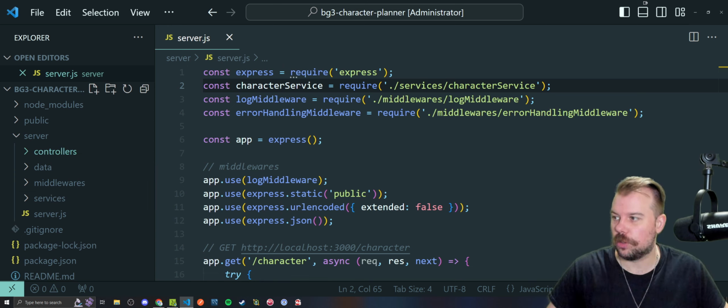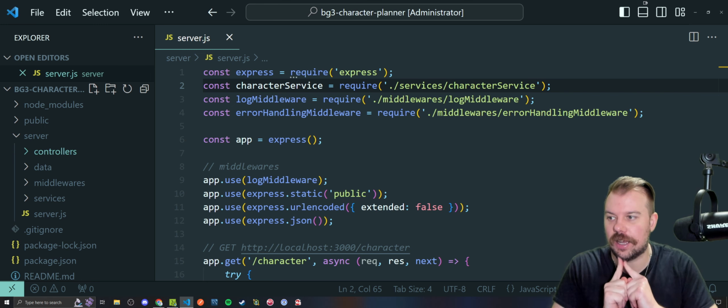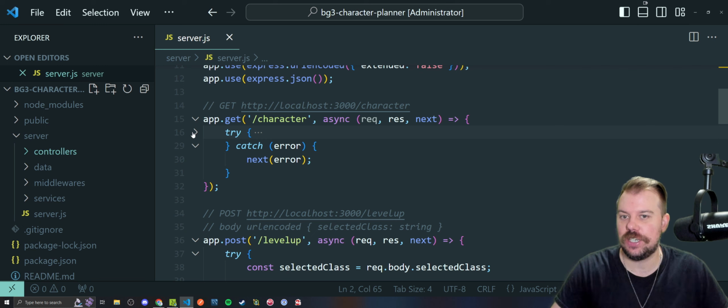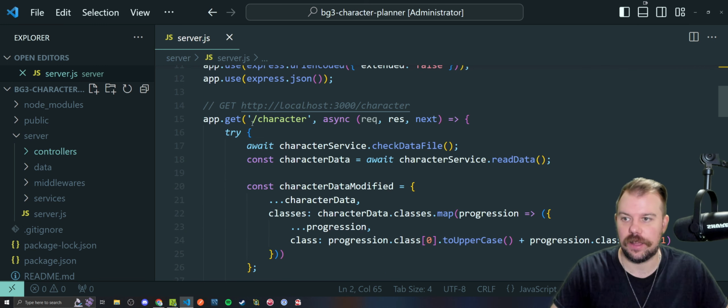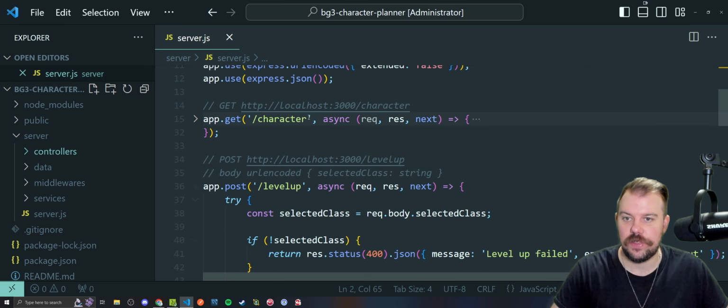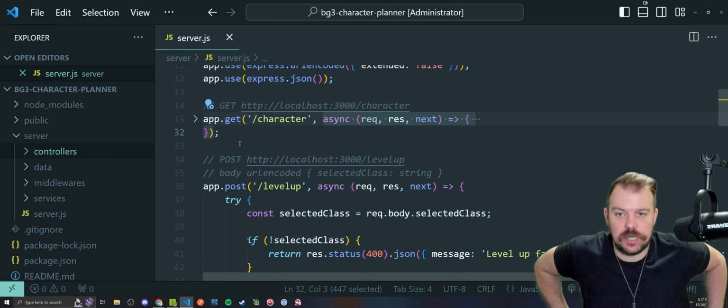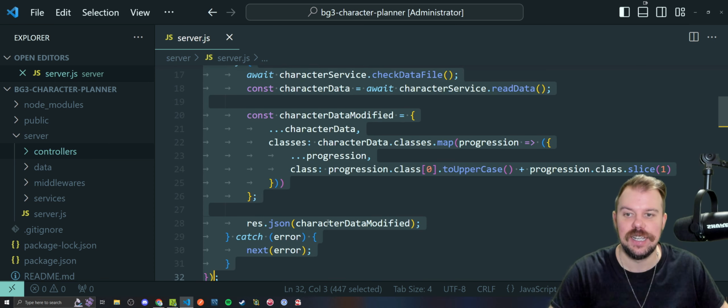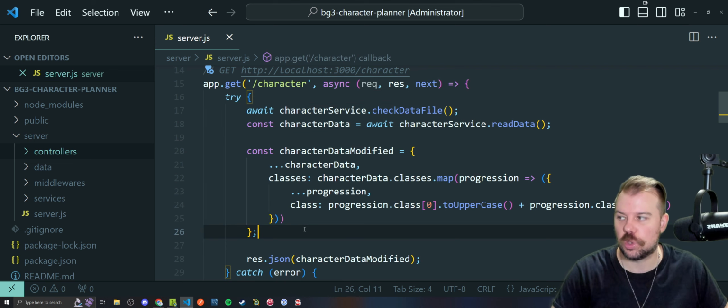And remember, our controllers were the rock stars. They're going to be the actual code that is basically run inside of our routes, right? So this part I would define as the route, and this part I would define as the controller, the action of the endpoint, the code that's actually going to run and do all the lifting and send the response. That is what our controller is going to be, and we can give them names and export and import them